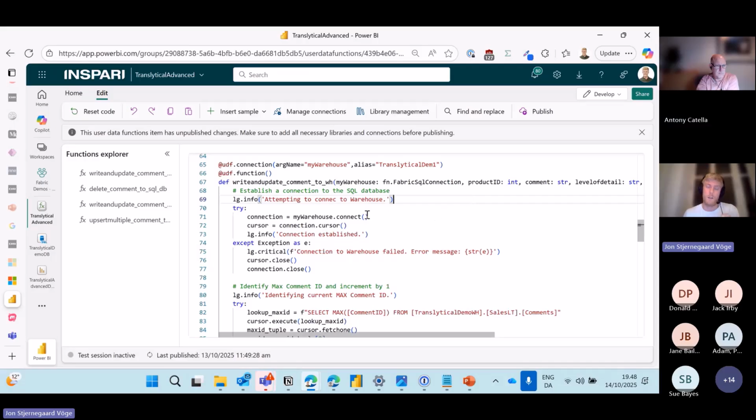You need to implement all of this logging, tracing, and informing of your users, and try, catch, accept everything, right? So what I'm doing here, just for my own logging, I'm saying, well, first try to connect to the warehouse, log that, log the try, log the exception, throw a critical error. If I get an exception, use string interpolation to throw in the error message that I'm getting, so that it gets logged in the